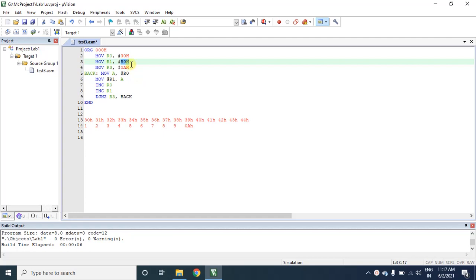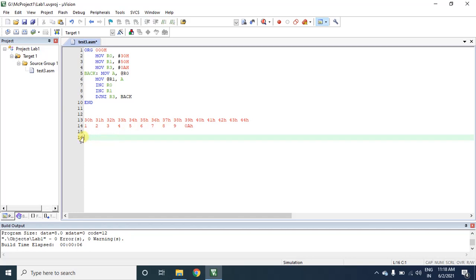So how do we do that? In the previous example, we took different source and destination addresses, where the block of data did not overlap between the address locations. But here, see, this is my data. From 30H to 39H is the source address location. Here the data is stored as 1 2 3 4 5 6 7 8 9 0AH. Now if I use 50H as the destination location, starting from there, the data will not be overlapped when I transfer it.